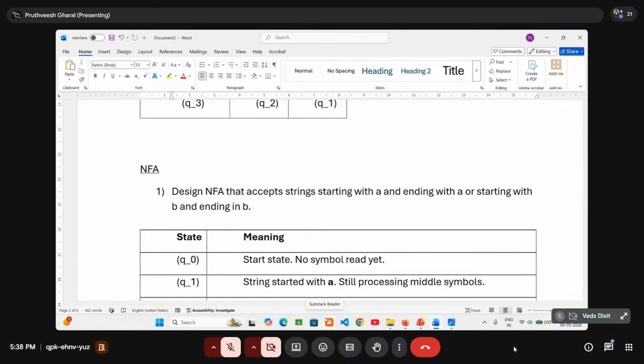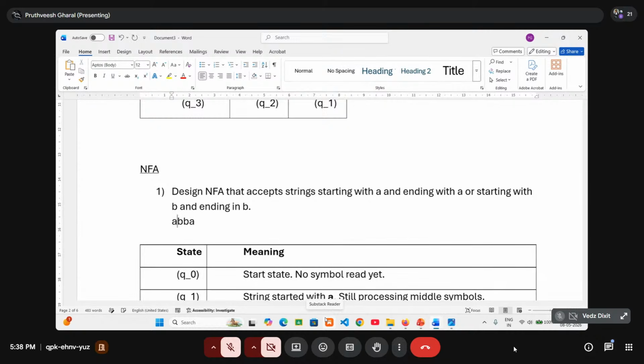And why is that? It is because whenever we start reading an input in an NFA,